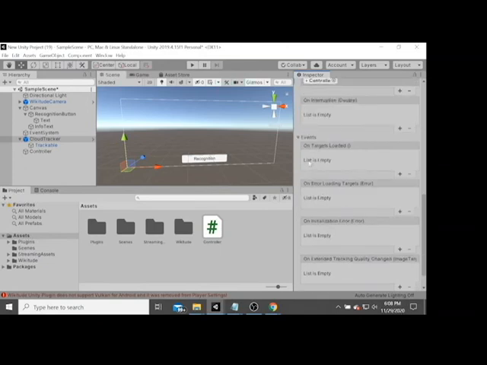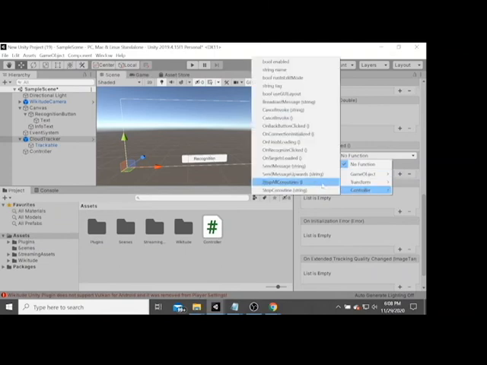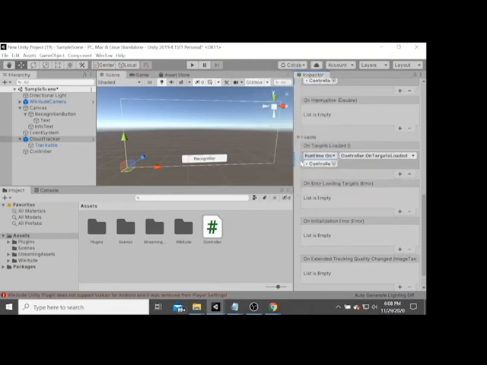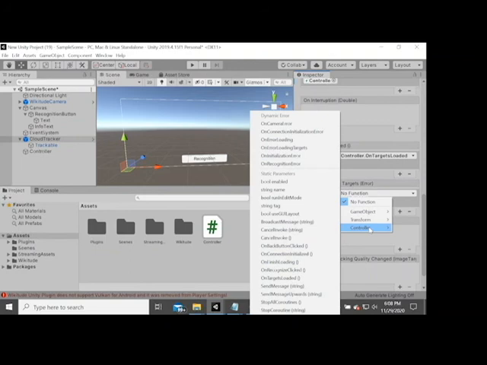Next, on target loaded here, you can add, drag the controller, choose controller on target loaded. For the on error loading target, you can click add to list here, drag controller, choose the function controller on error loading target, this one.